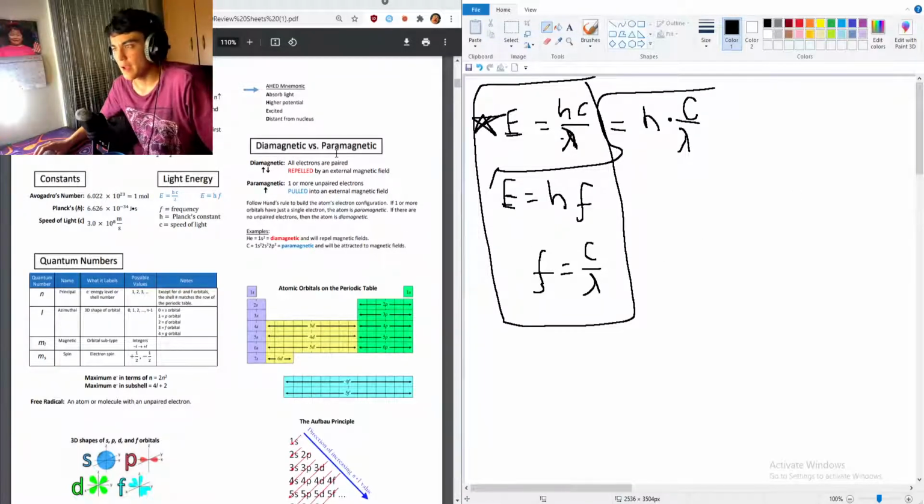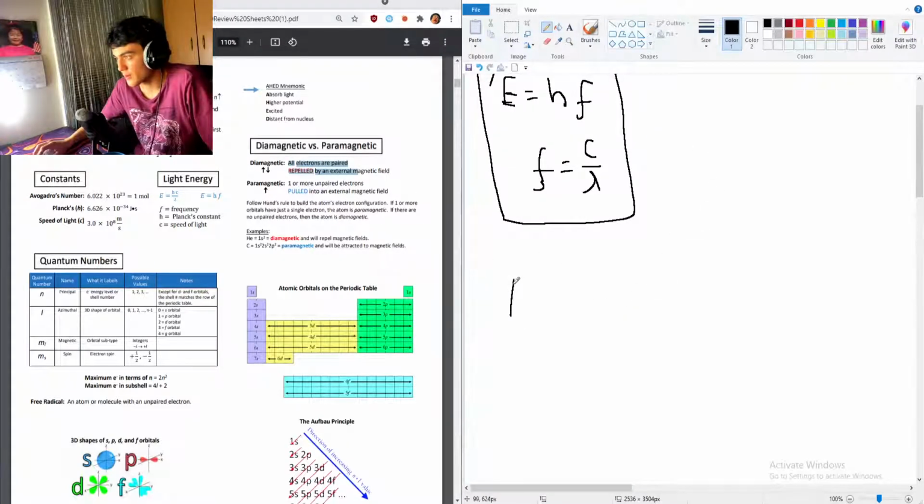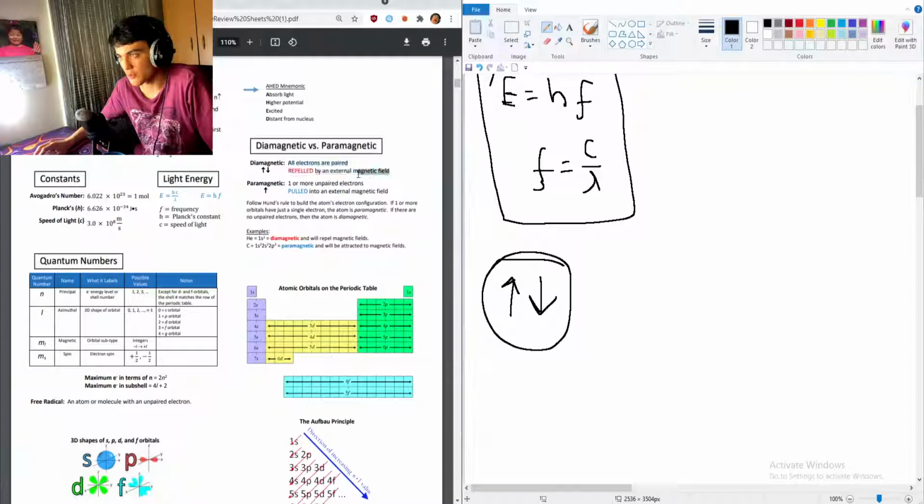Okay, diamagnetic and paramagnetic. Good, I paid attention in class. Diamagnetic are all electrons that are paired. So basically this thing right here, that and that, if it's paired, think of it as complete. And if there's a magnetic field, which means just